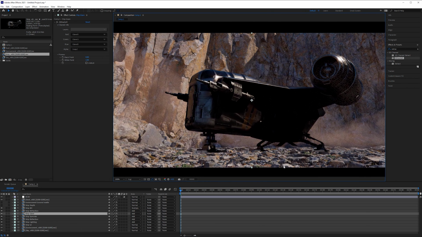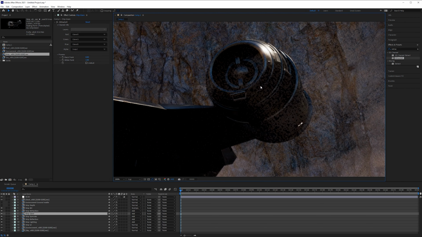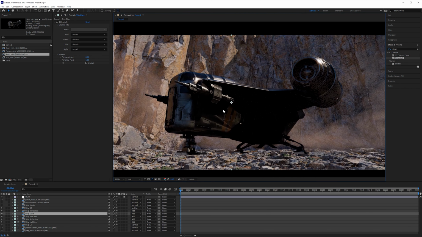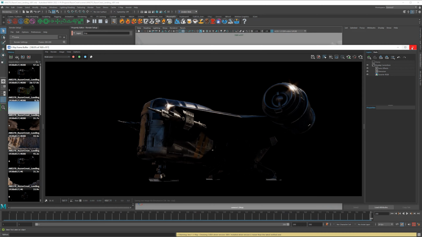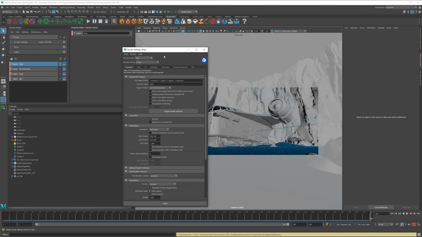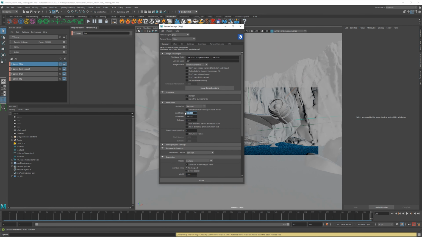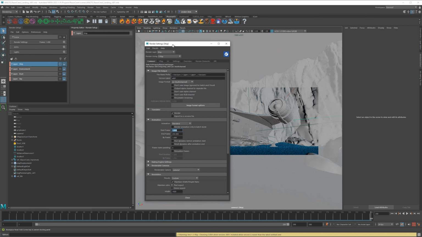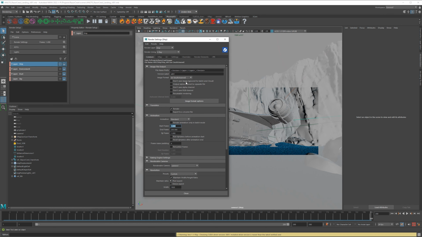Okay, once you have got all of that working and you're sure everything is ready to go, then you can go back to Maya and set up your full sequence. So let's go up to the render settings, start frame, frame 1. And if you are using the PLE, just click this button one at a time, go through all of these. If you're on campus, just batch render it and that will be good.